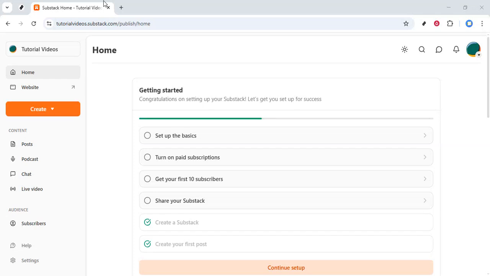Today, I'll show you how to pin a post to your Substack homepage so it always appears right at the top for your readers. This is really useful if you have a welcome post, a key announcement, or a flagship article that you want new visitors to see first. I'll walk you through the process step by step, and by the end, you'll know exactly how to feature any